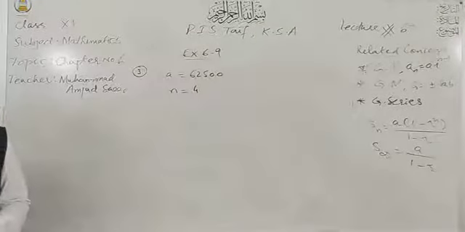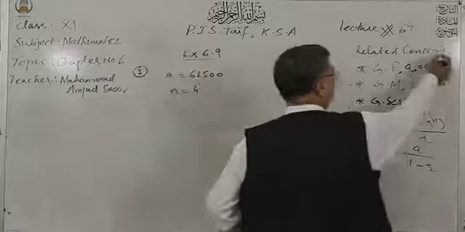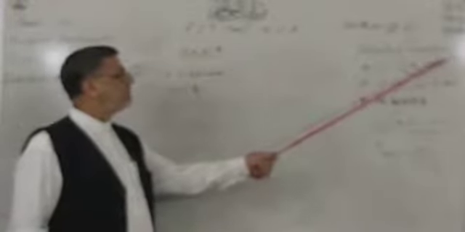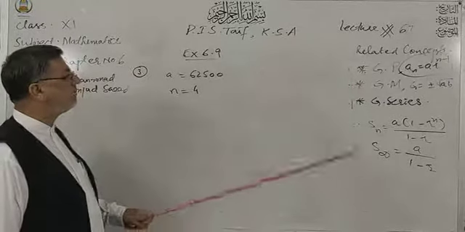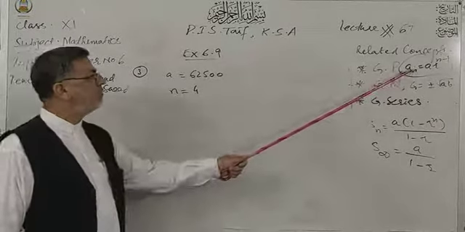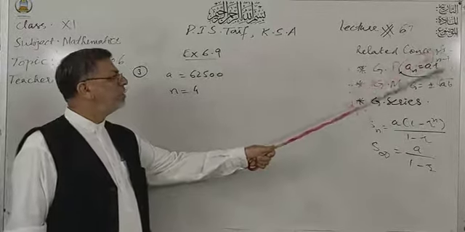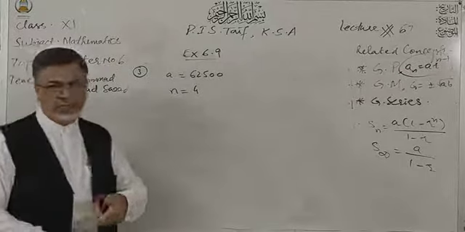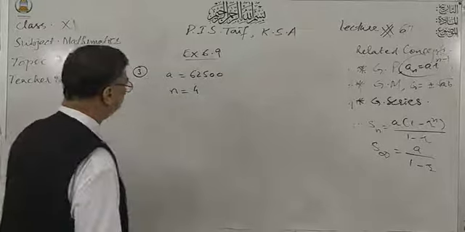Remember that last time I told you that in the formula an is equal to a r^(n minus 1), if we apply 3 here, 3 minus 1 is 2. So the ratio of 2 years we will conclude. But here, after the end of 3 years, we will take 4, and 4 minus 1 is 3. So the ratio of 3 years will be calculated on the basis of n is equal to 4.